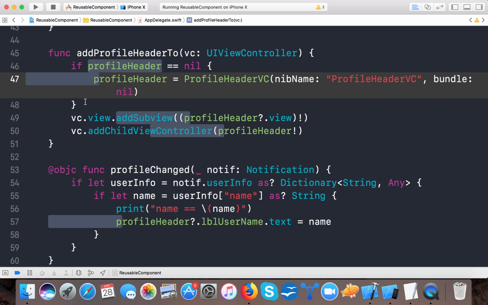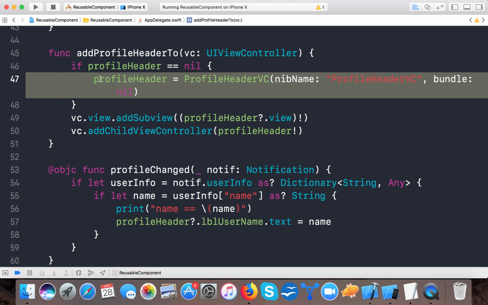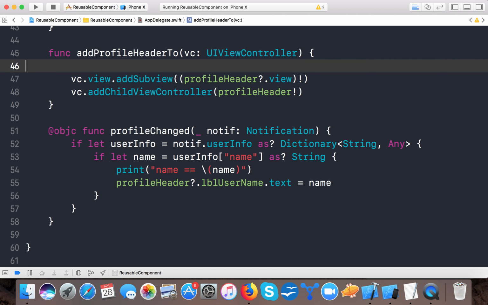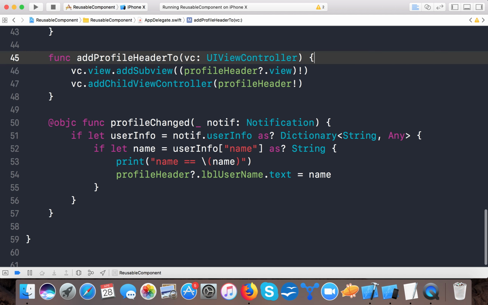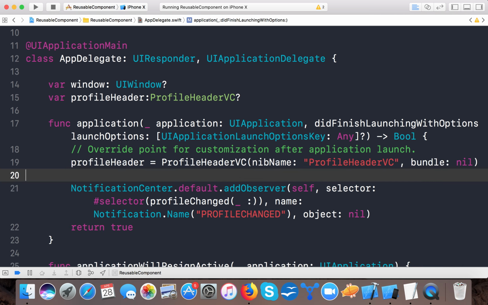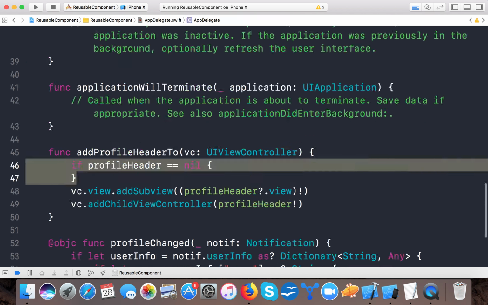And how to make it reusable, so let's make it more, and we will make it here. Or we do one thing, rather than putting it all together here,